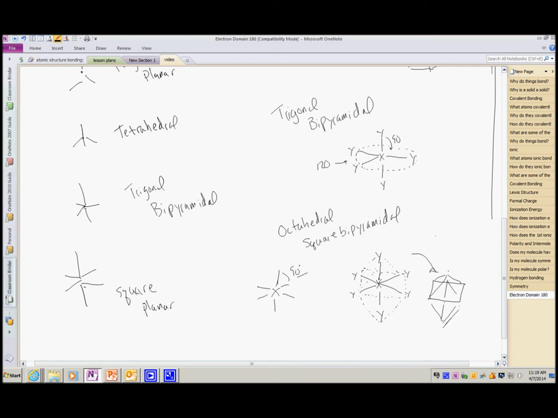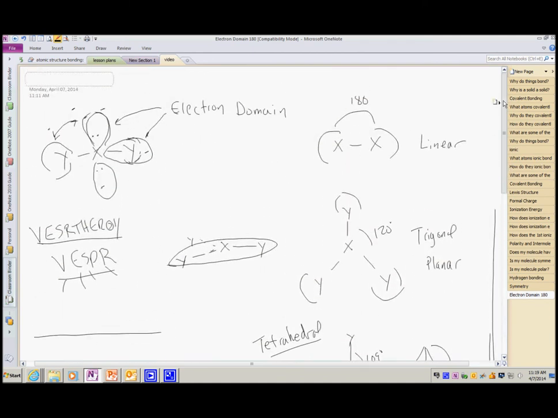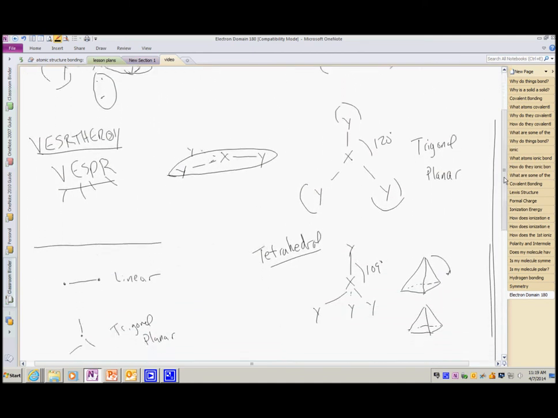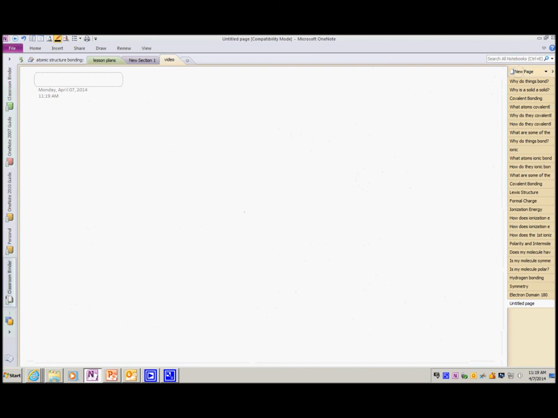Now, as we go through and look at some of these shapes, you'll find that sometimes we have bonded pairs and sometimes we have unbonded pairs. So, for example, we could have, and I'm going to go through each shape individually, starting with the